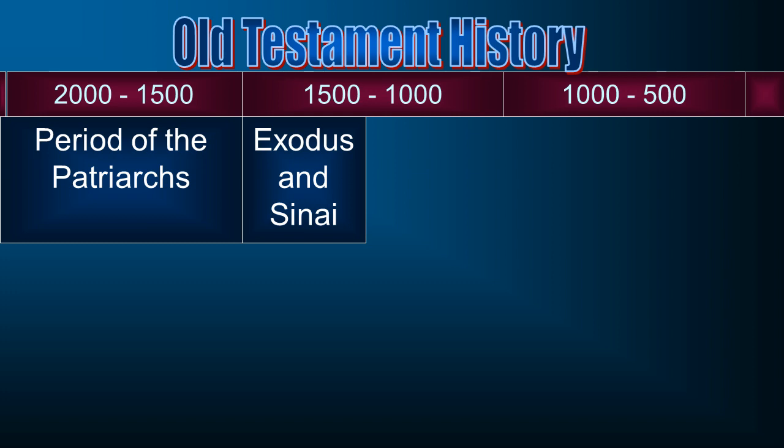I can get a little closer to the actual date. But again, I'm not going to try to be exact at this point. But the Exodus event, and then the Israelites go, the Sinai wanderings. And next comes the period of the Judges, which brings us to around 1000 BC. Again, very broad brush. And I go from the period of the Judges to the period of the Kings, which will start off with Saul and then King David and Solomon.